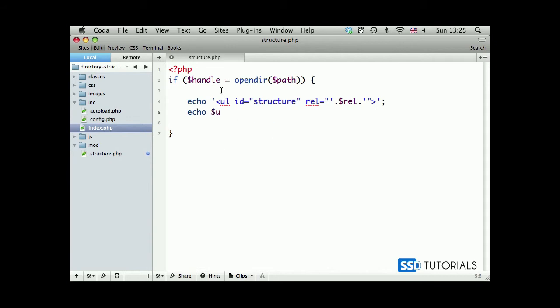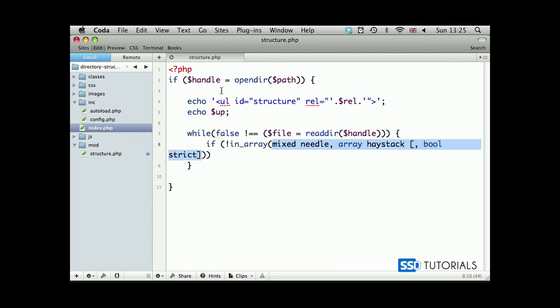Then we go echo up, which by default is null, and now we do a while loop: while false doesn't equal, with two equal signs, file equals read directory, and then handle. Then if isn't in array, file, and now the array will contain dot, because file in this case will be the name of the item found